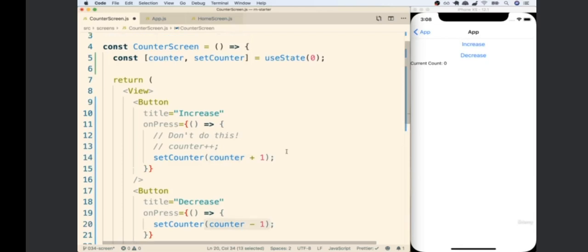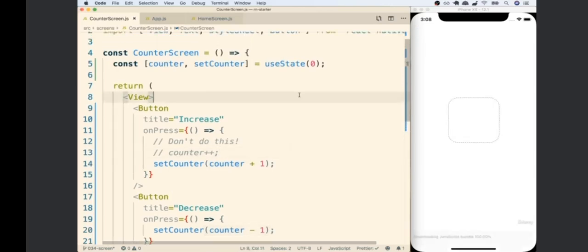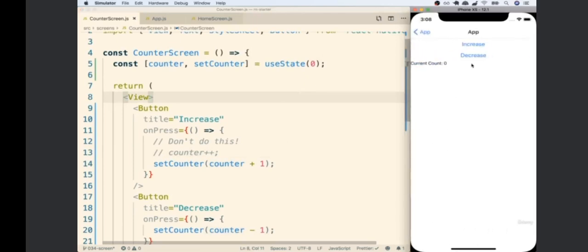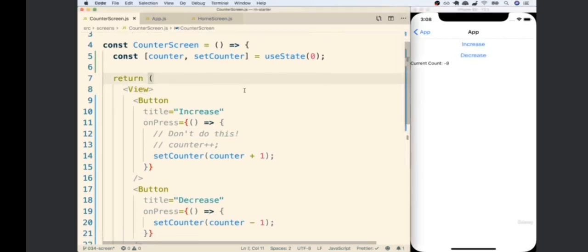Okay, so I'm doing a lot of talking here. Let's just save this and see what happens. So I'll save the file. I'll go to the counter demo, and now I can click on increase, and I'll see the current count increase by 1, and decrease will make it decrease by 1. Now, learning state for the very first time is usually pretty darn confusing. So at this point, if everything inside of here looks kind of confusing, don't sweat it, because as I mentioned, we're going to go over several examples